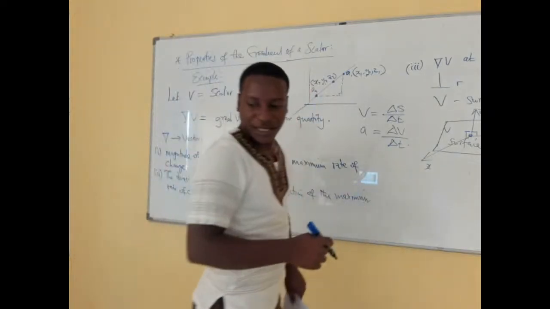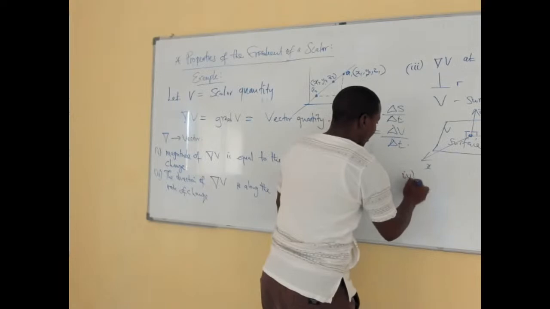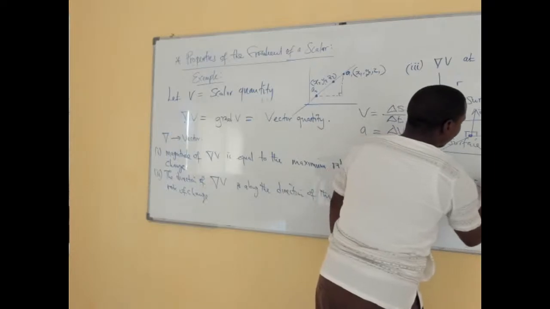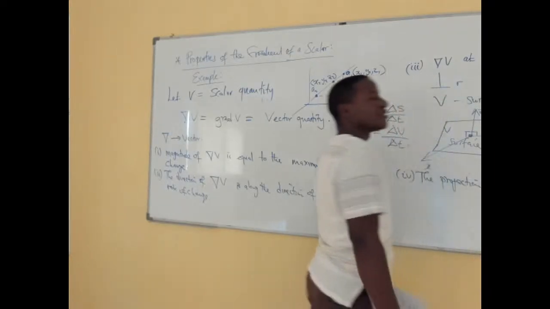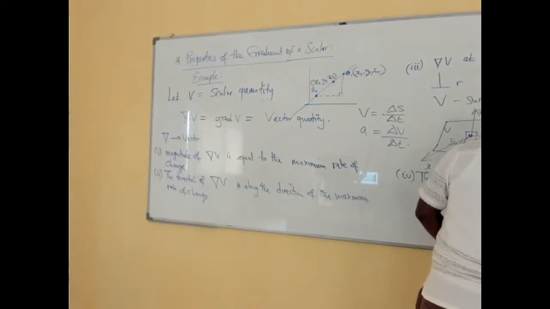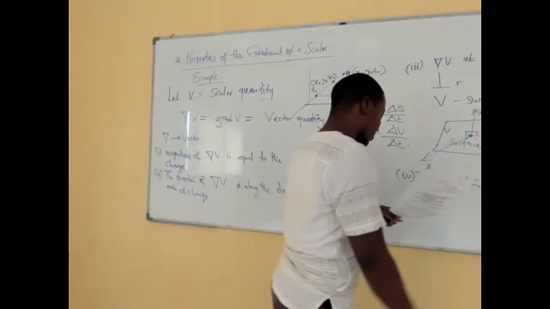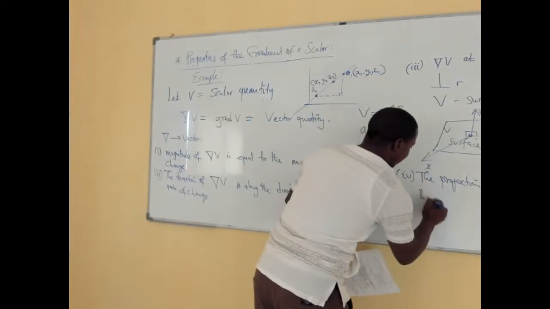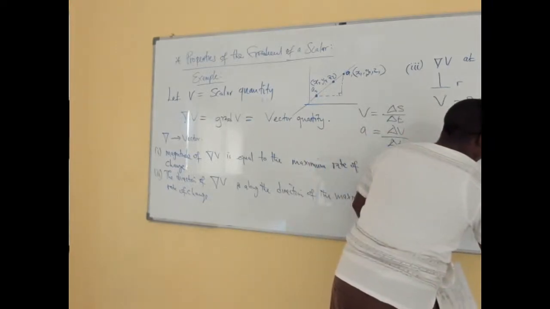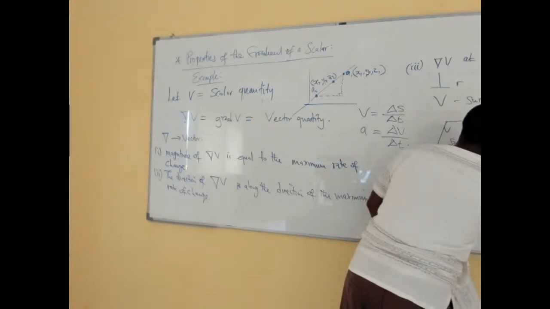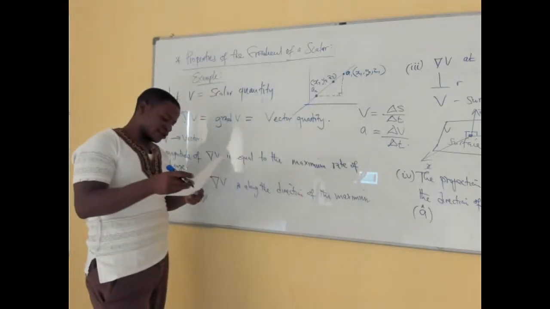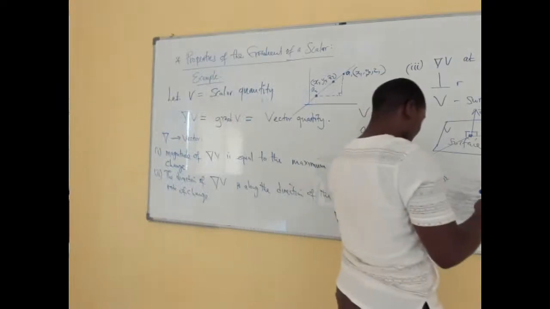And the last one that we need to mention is that the projection of this gradient of our scalar quantity, which is a V, is actually in the direction of a unit vector, which is denoted by A with a small symbol on top there, and that is what we need to take